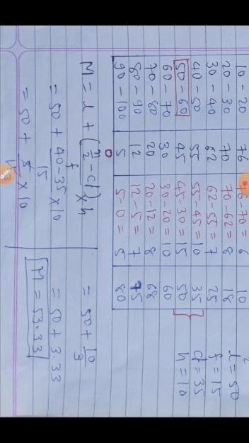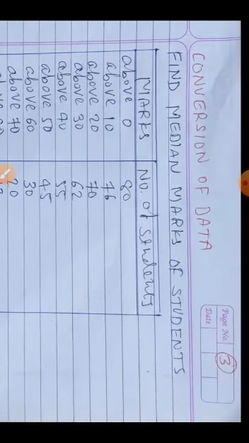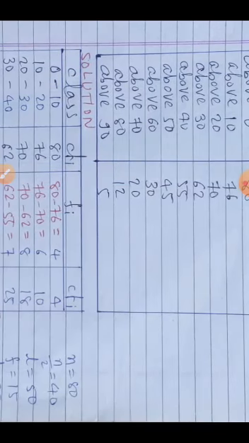53.33. So here again we repeated our method of finding the median, but our main purpose is not to learn here how to find the median; our main concentration is how to convert the given cumulative frequency distribution to the required frequency distribution, because after getting the class and frequencies columns only can we find mean, median or mode. We cannot find it directly. So that is our topic of interest now, to convert the given data to the required data.